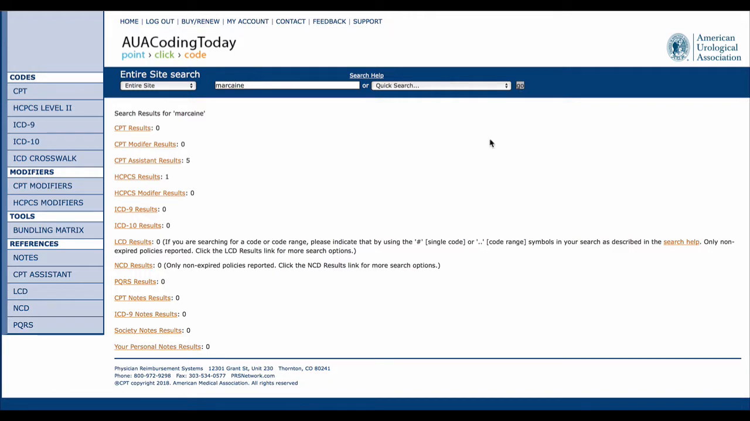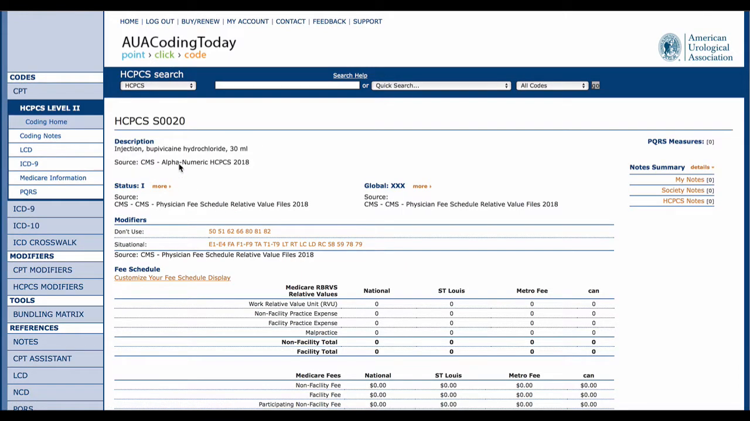And sure enough, we've got a couple of different hits. One on the CPT Assist results, for those of you who subscribe to this. But the other is a HCPCS result. So we'll click into this. And sure enough, here's the code S0020. And you'll notice injection, and I'm not even going to try and butcher this name, but that is the